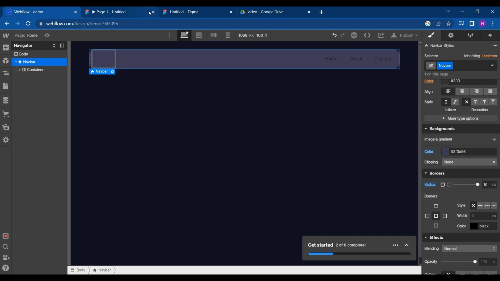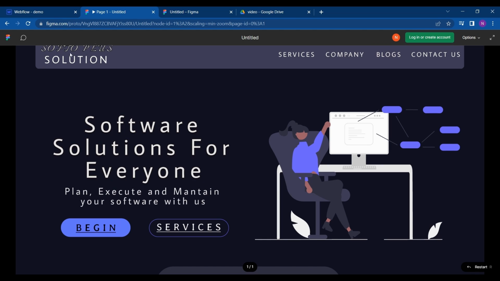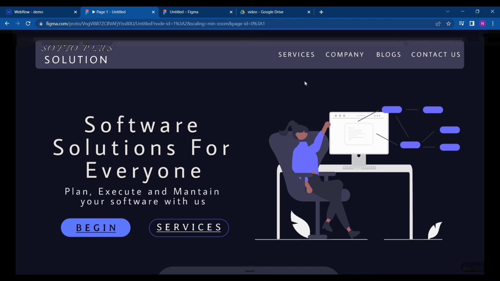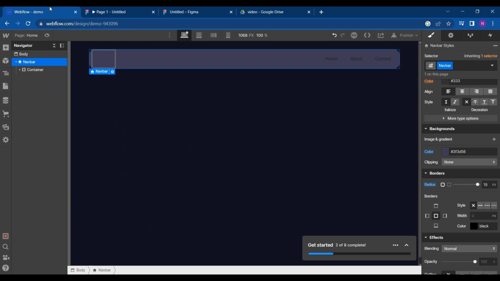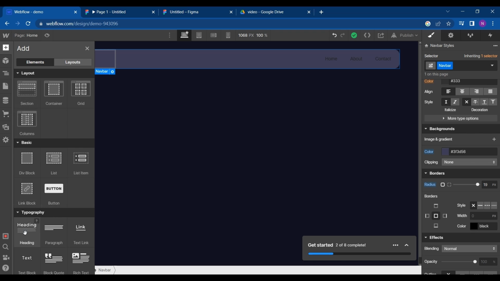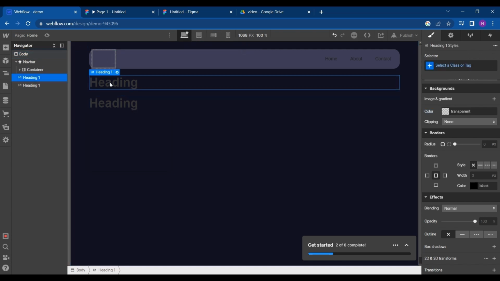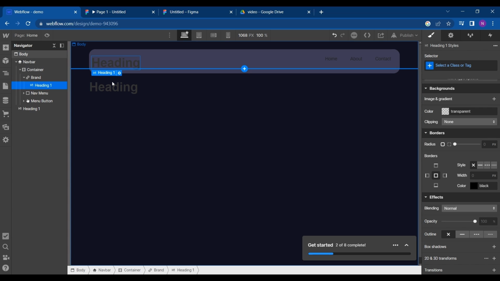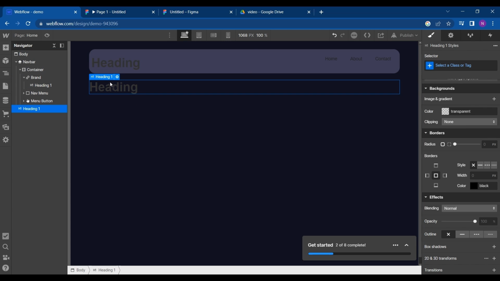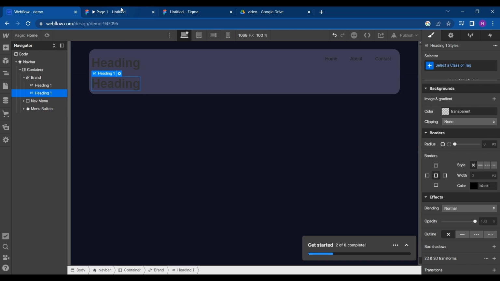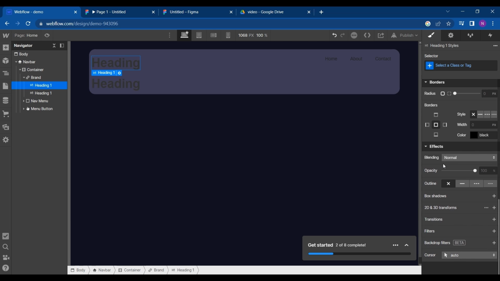Okay. So what we have to do next is include this one and all of the menu tags. So let's drag and drop a heading inside this brand, and I'll delete. No, I'll drag this one also because we will need two headings. And what we need is